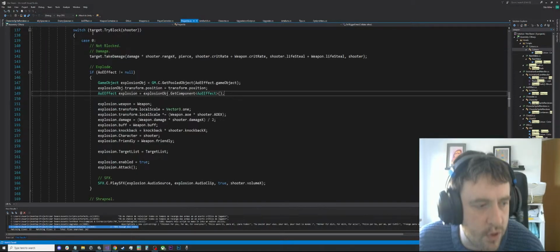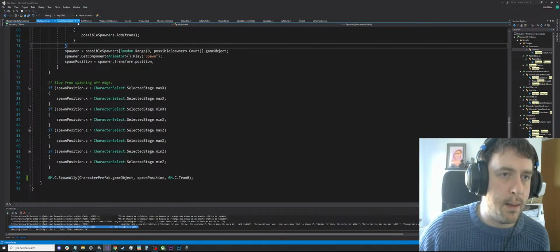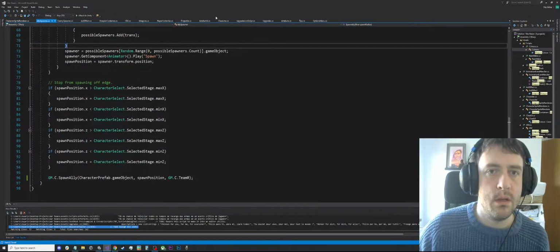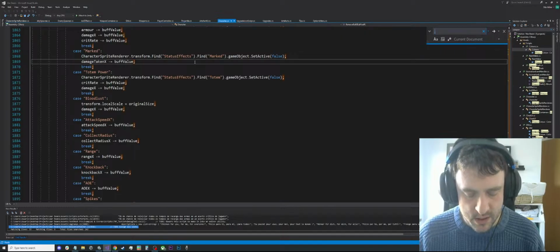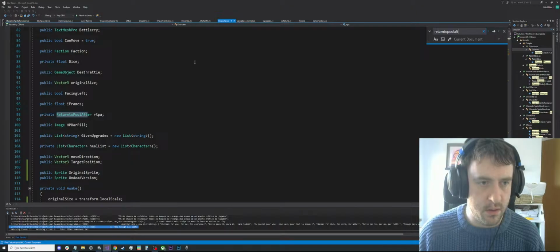Okay, so the other thing I want to do is make it last less long. So the typical, when we might have a character, we say return to pool after